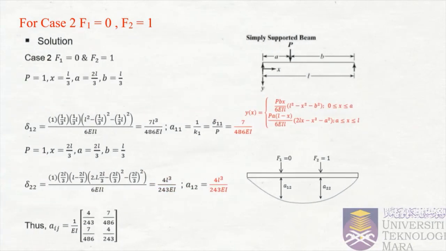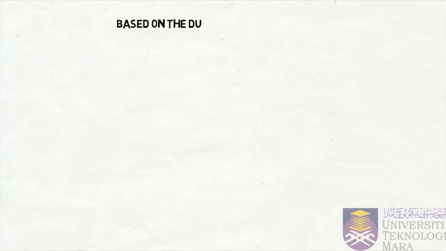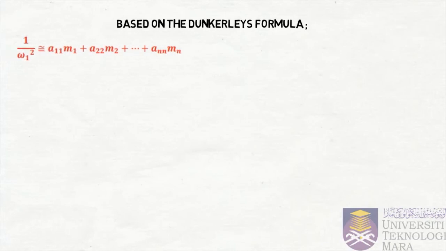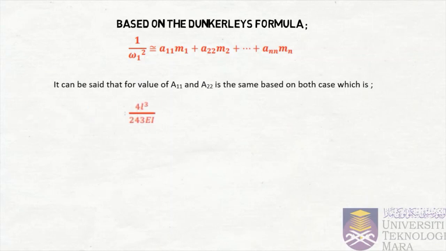For case 2, F1 is equal to 0 and F2 is equal to 1. Based on Dunkerley's formula, it can be said that the values of A11 and A22 are the same in both cases, which is